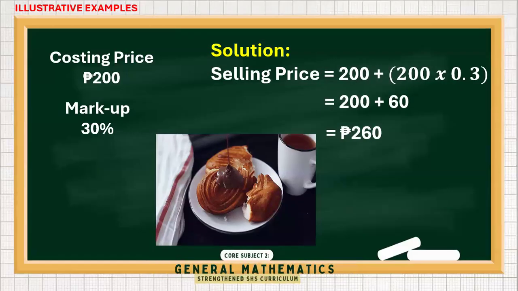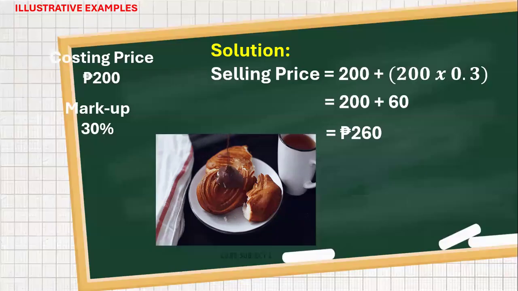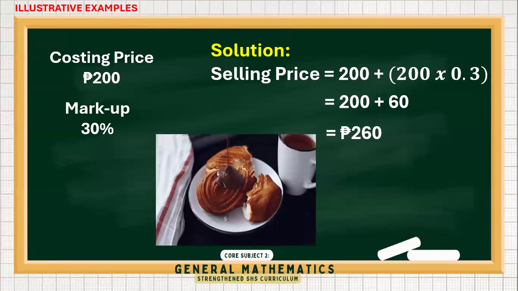You could either multiply 200 pesos by 1.3, and if you try it on your calculator, you will still get 260. But originally, when we get the markup of 30% and then add it to the original price, you will still get 260 pesos. So there is an alternative way to solve it by multiplying by 1.3. They're just the same because 1.3 means 100% plus 30%.